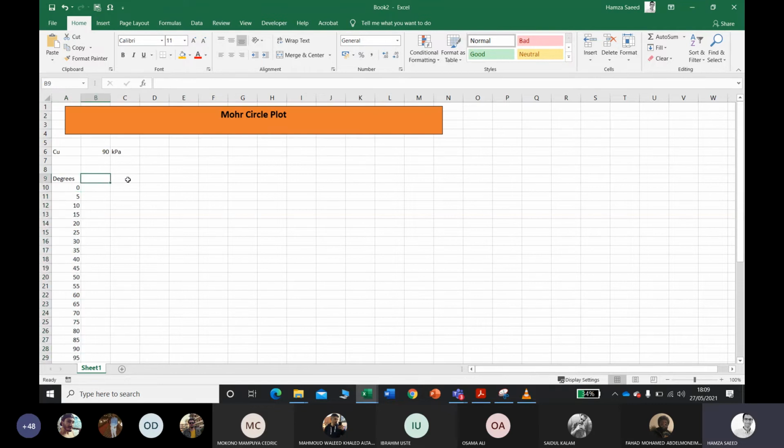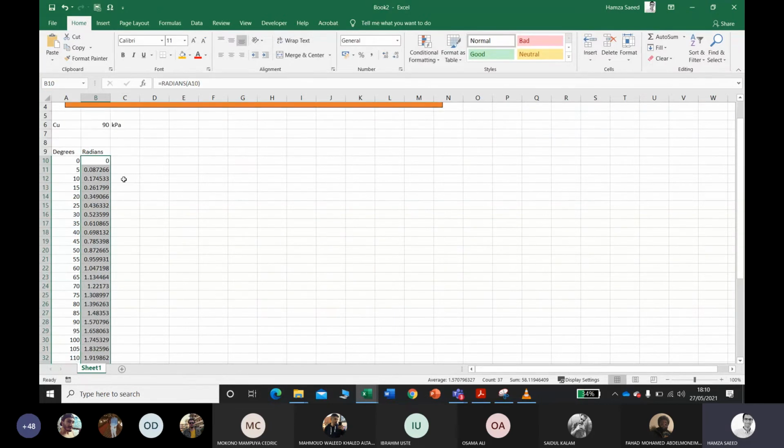Okay. Then you need to convert the degrees to radians. So how you are going to convert it to radians? Write equals radians. Excel has this equation, so input the angle value and simply drag it down to the last value. Now, first of all, you need to obtain the sine value and then the cosine value.